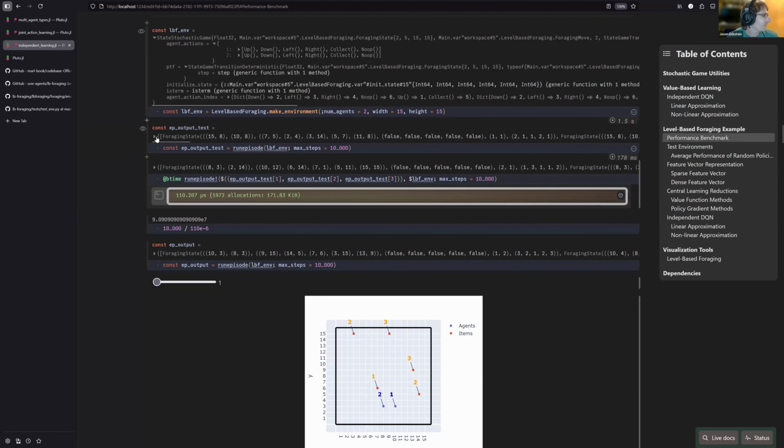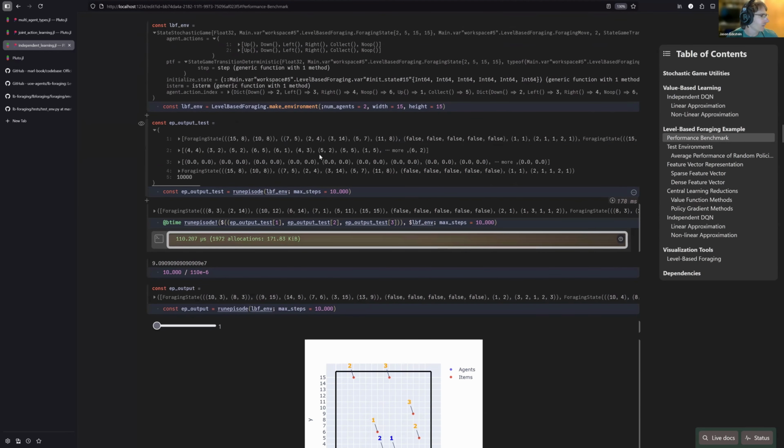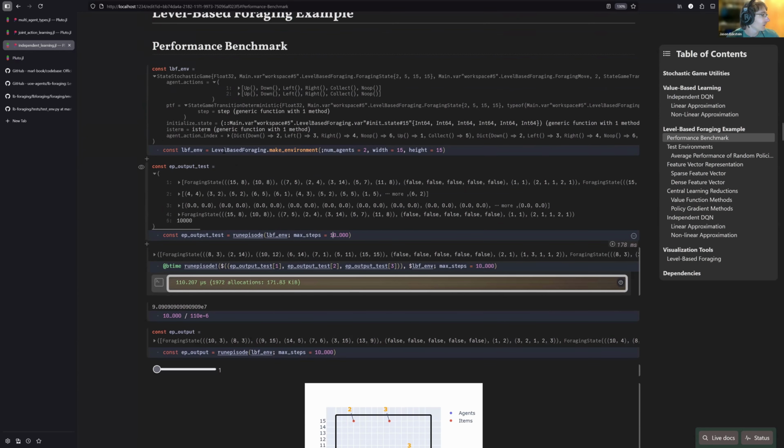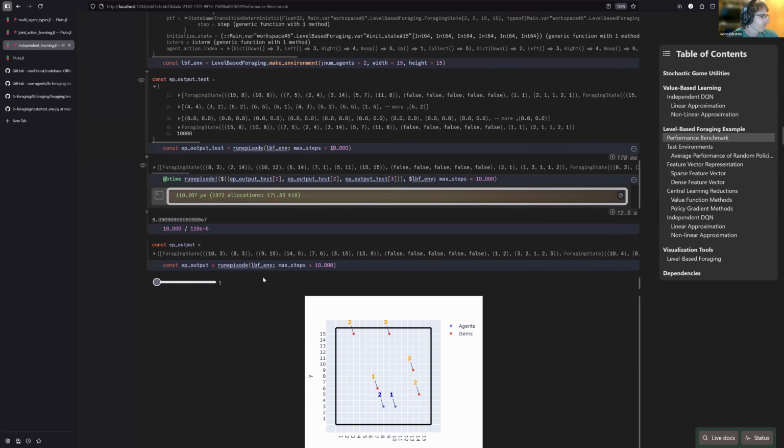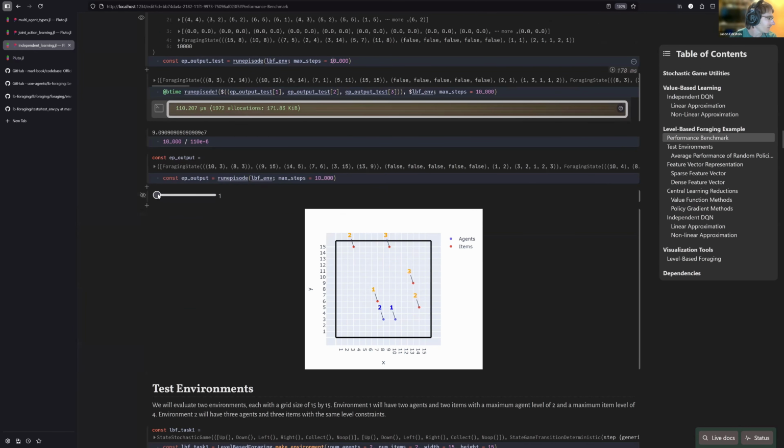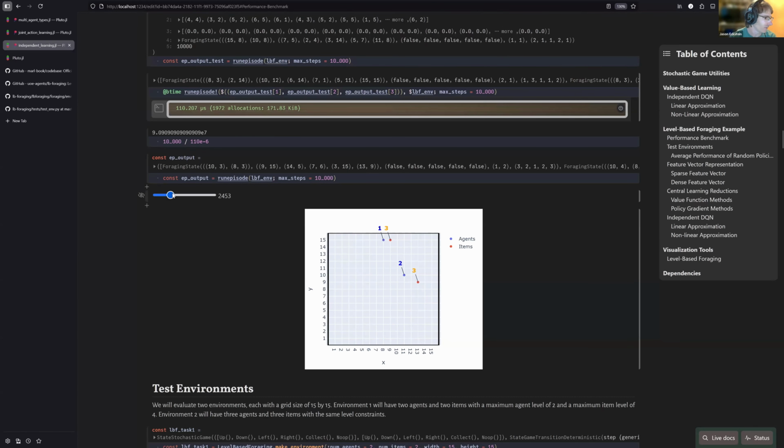So we can see if we run an episode in this environment, that means that we just let the agents behave until it terminates. Or in this case, I've capped it at 10,000 steps. This version of the environment is hard enough that random behavior won't solve it within 10,000 steps. We can see the agents will move around, and in general they may collect some of the items, but we can see the reason why this is failing